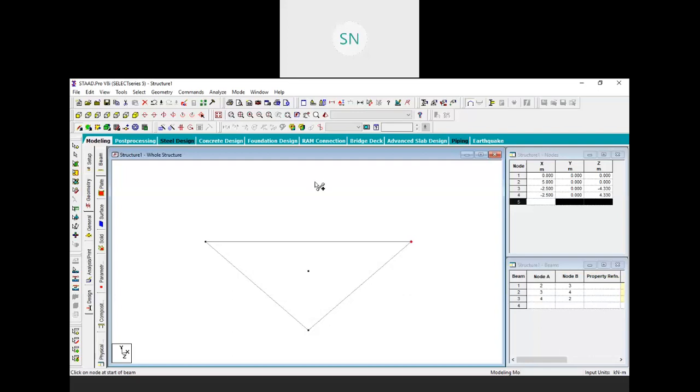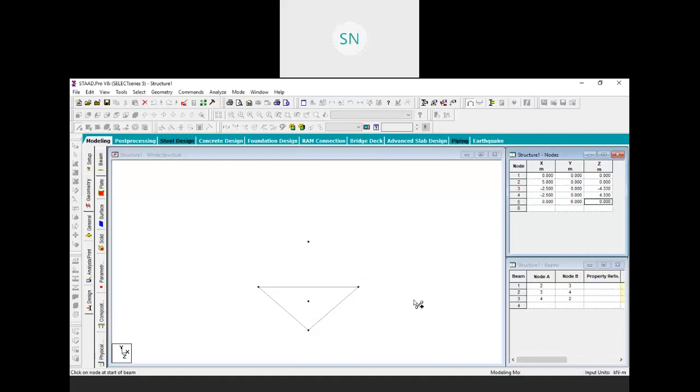So what will be the coordinate for this point? x value will be 0, y value will be 6 meter because I want to translate 6 meter, and z will be also 0. So our new coordinate is 0, 6 and 0. So this point is exactly on the top of this point.